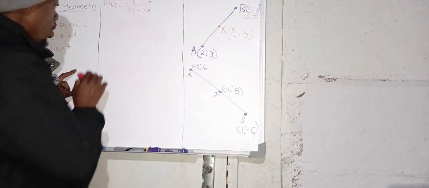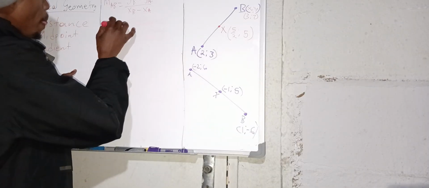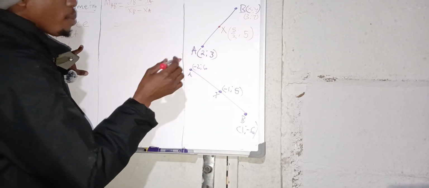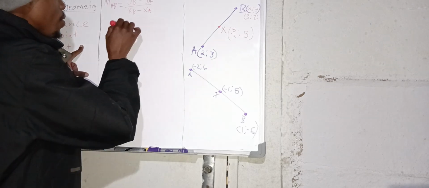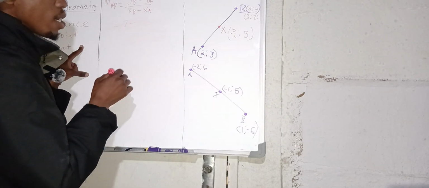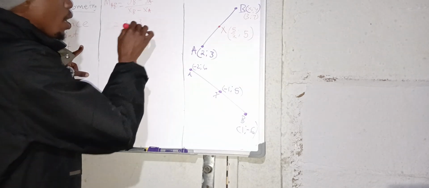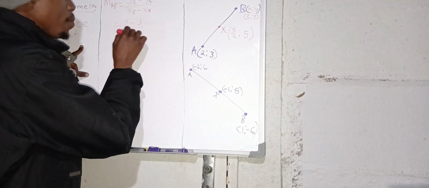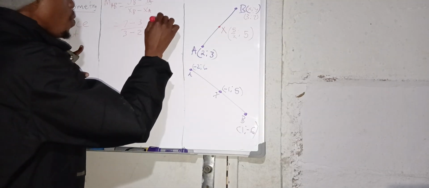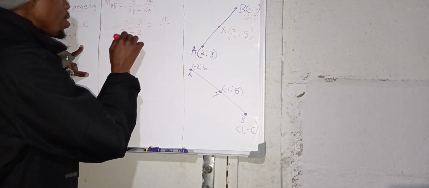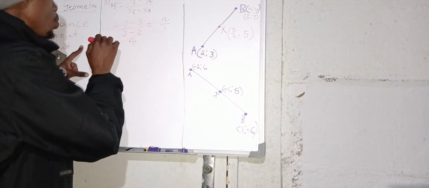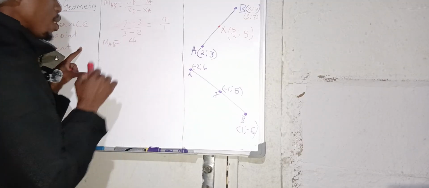So now let's check. YB is 7 minus YA, which is 3. XB is 3 minus 2, which is 4 all over 1. Our gradient is going to give us 4. So the gradient of line AB